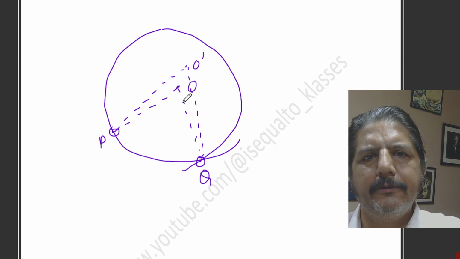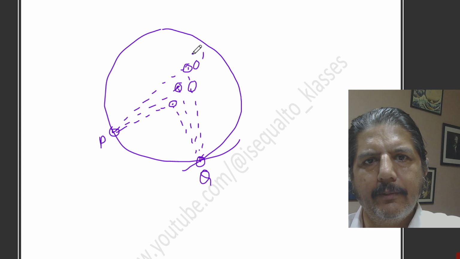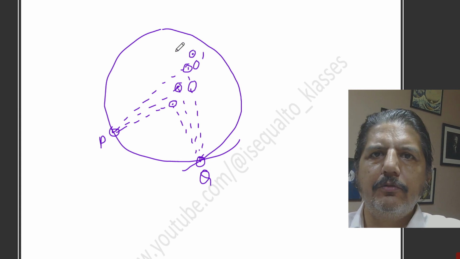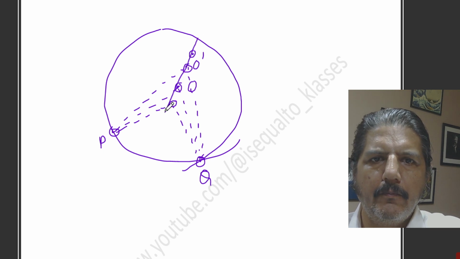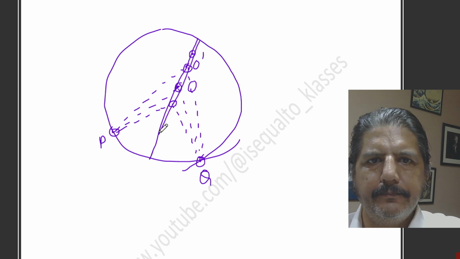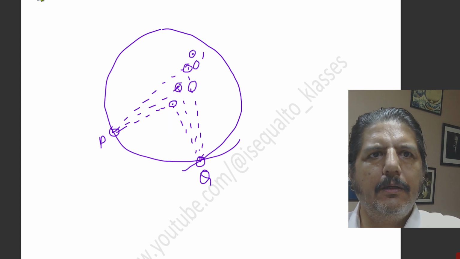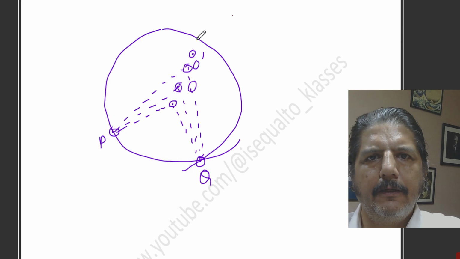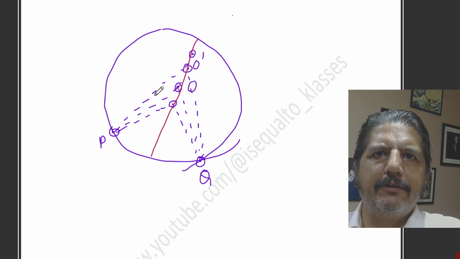Let me call this O dash. There'll be another point also. So all these points are possible, and all these points satisfy the condition that they are equidistant from point P and Q. And remember that the first line said that all these points would be inside the circle. Now, if we join a line, so this would be a line. And let me use a separate color. Okay, so if I draw a line from all such points,